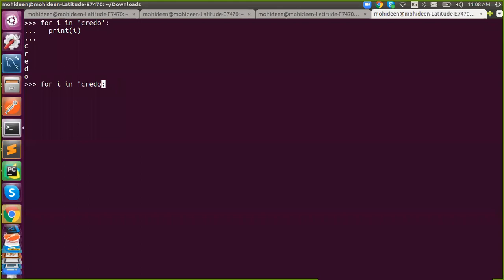In case of a list, or using range, you all know range is a built-in function that will give you a range of numbers. I'm printing it. Got it? Now we'll talk about it in detail tomorrow. Any doubts in this? So this is a basic for loop. This is the syntax, and we'll discuss in detail tomorrow what a for loop is and what else we can do with it.